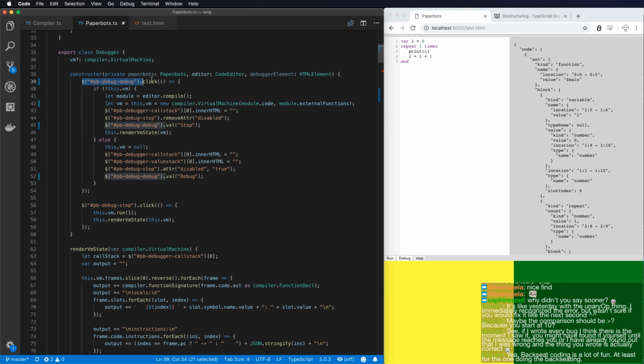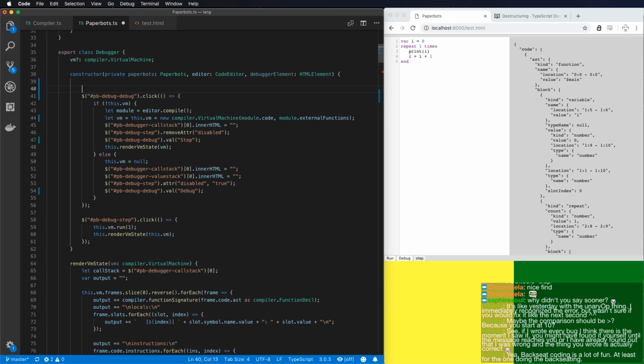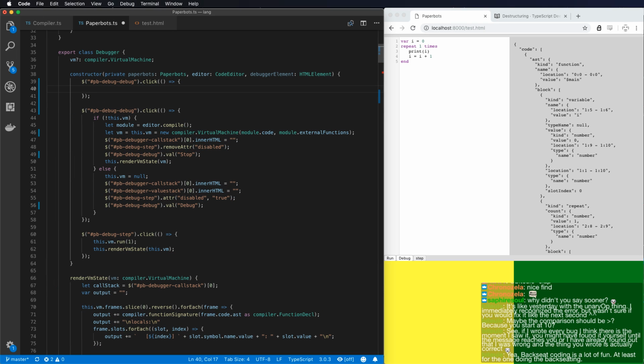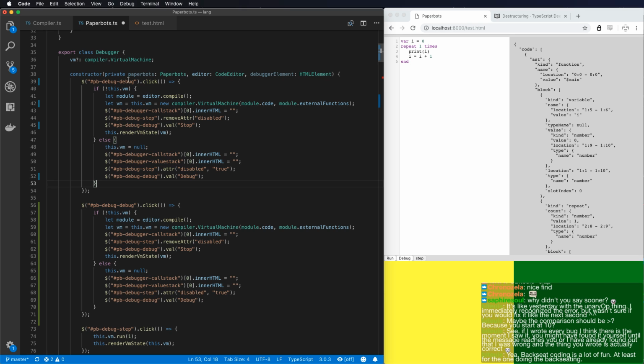Debug. So, God damn you. Gonna copy that floppy again. If the VM is null, then we know we're not running yet, so we compile the module, we build the virtual machine, we set all this to